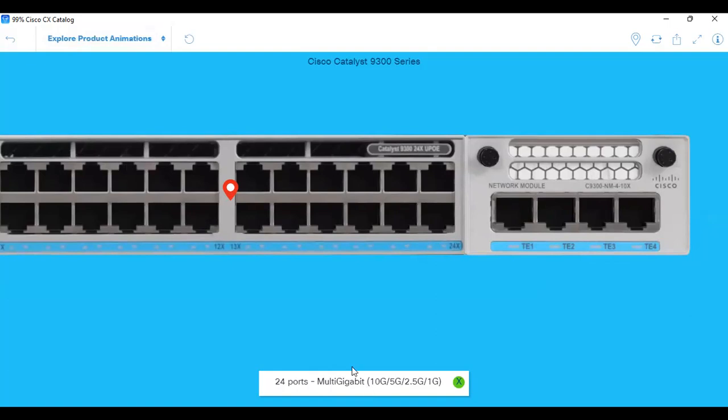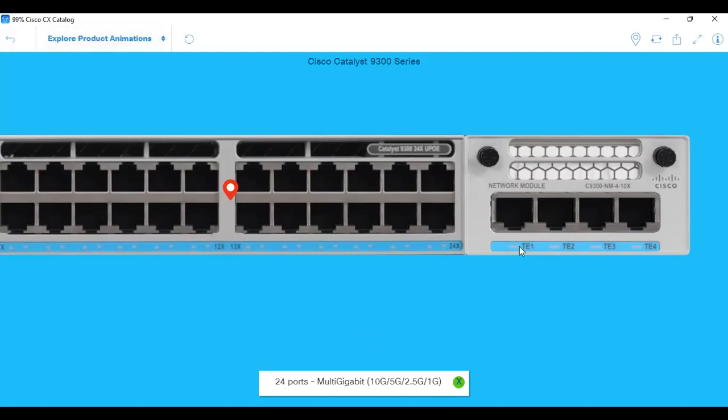How do we want it to do? When we configure, we need to define what kind of speed is required. The U in the sense automatically detects it. For example, if I connect any device which supports 1 gig to the switch, it automatically transfers at 1 gig speed. If I have any device which supports 5 gig and connect it to this switch, it will provide the required speed. And here you can see the NM, network module, which is 4 module, 10x 10